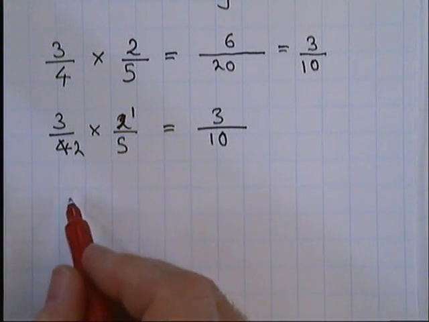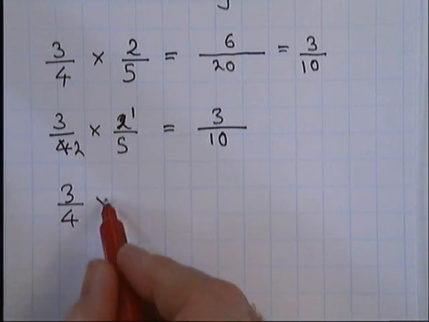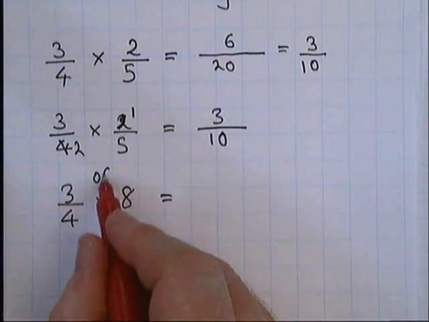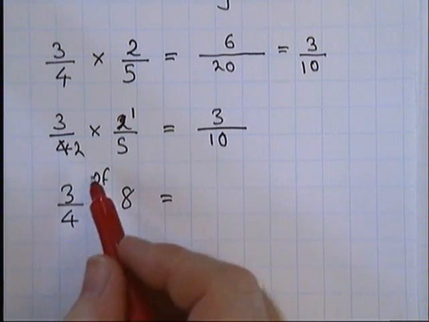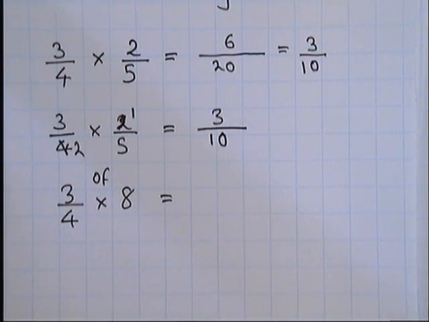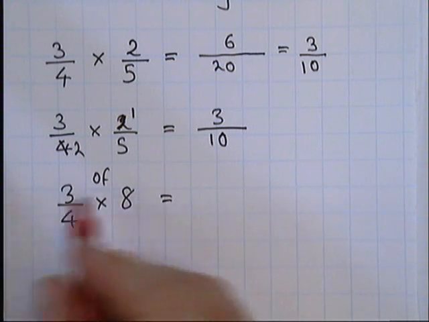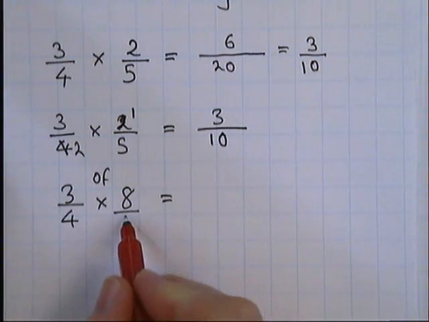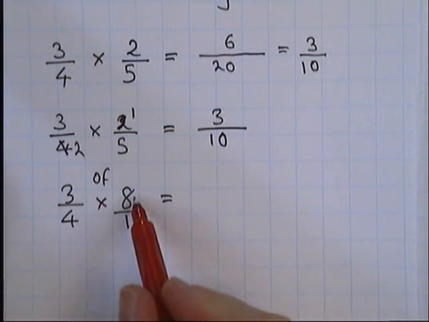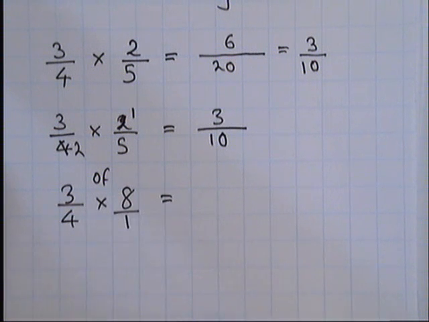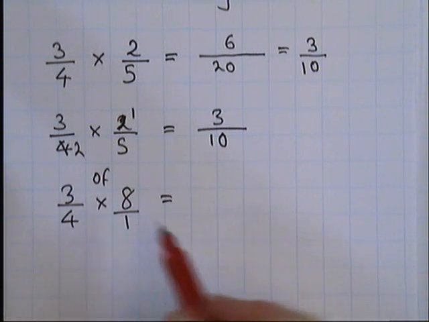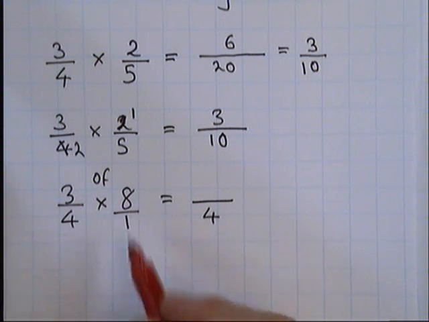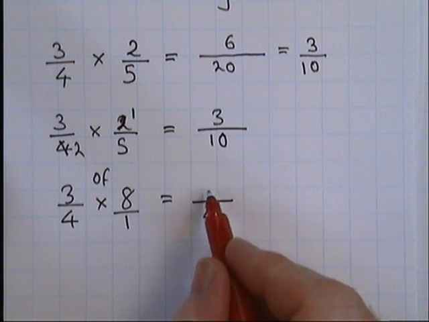Another thing you might see is 3/4 times 8, or 3/4 of 8. Of is the same as multiply, so it could be 3/4 of 8 or 3/4 times 8. So in this case, we can again turn it into a fraction. Now any number can be turned into a fraction by dividing by 1. There's a fraction. 8 divided by 1 is 8, but it looks like a fraction now. Now we can multiply the 4 times the 1 to get 4, and the 3 times the 8 to get 24,